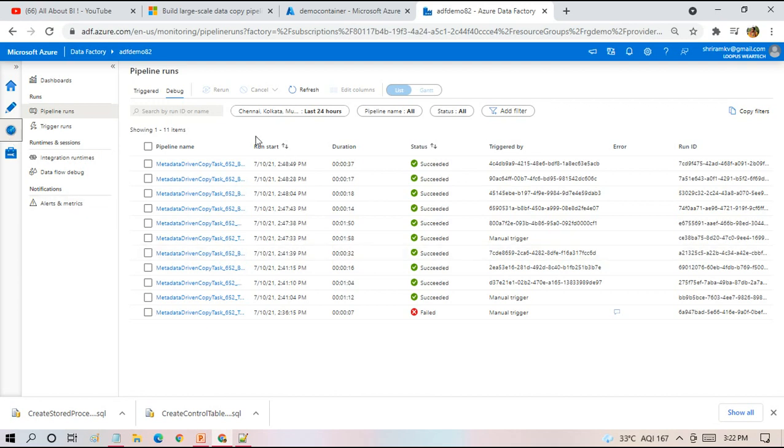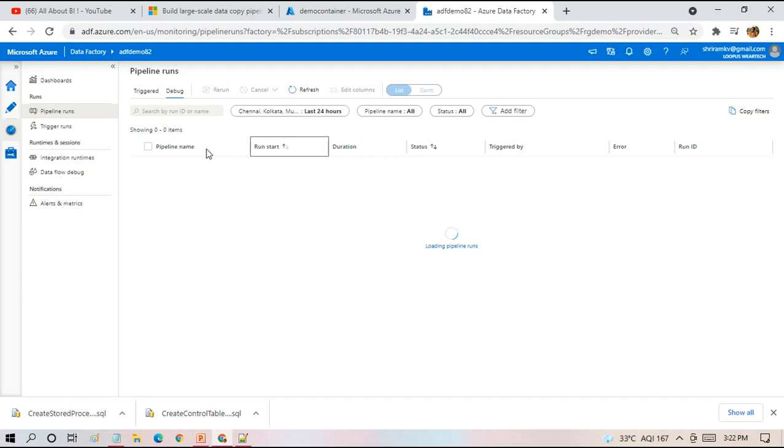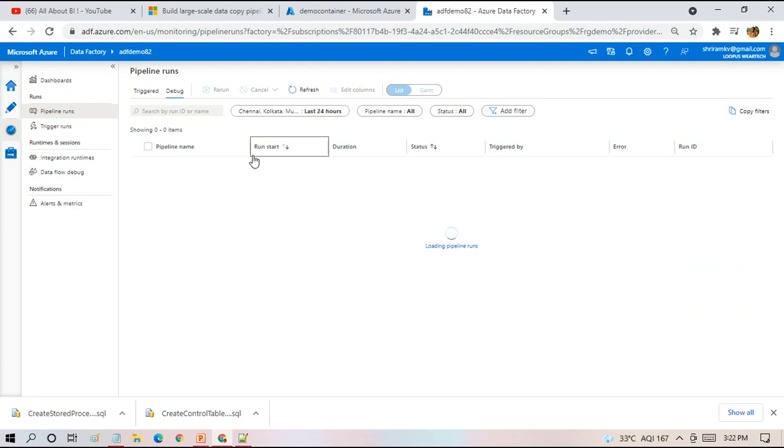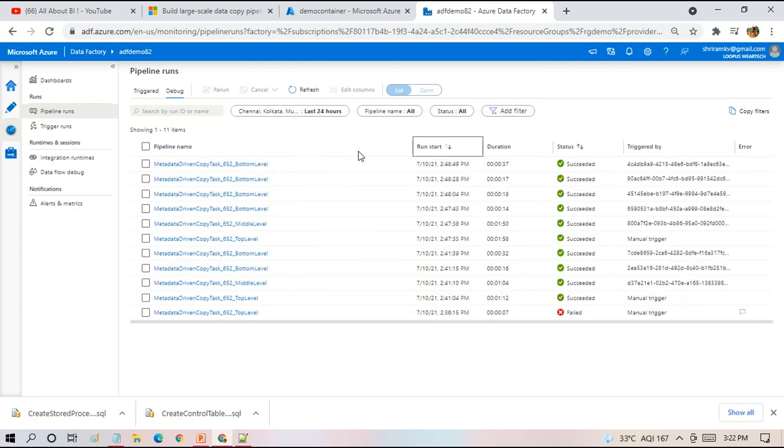Okay, so as you can see here, my top level is executed and then middle level, and if you see, bottom level got executed 4 times because I had 16 tables and I wanted to load them in 4 batches. So 4 times my bottom level has executed. Before this execution I had 8. The batch size was 8, in the sense I wanted to execute 8 copy activities in one shot. So there were 1 top level, 1 middle level and 2 bottom level executions.